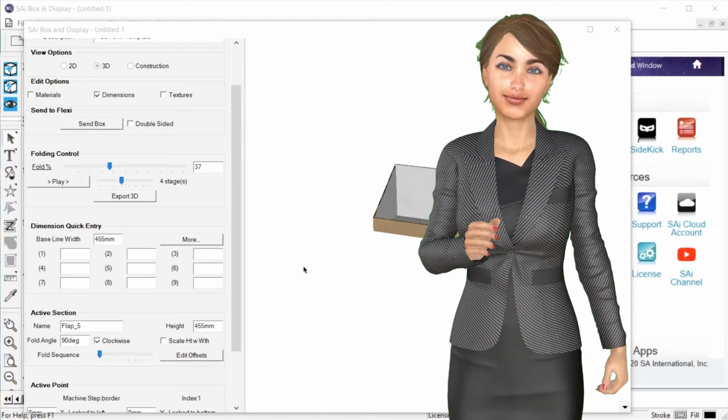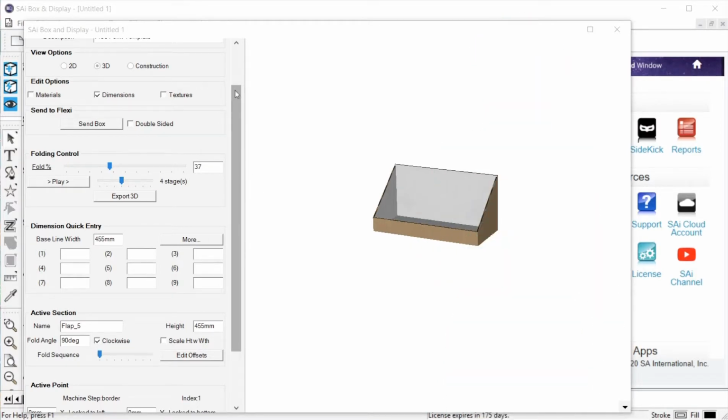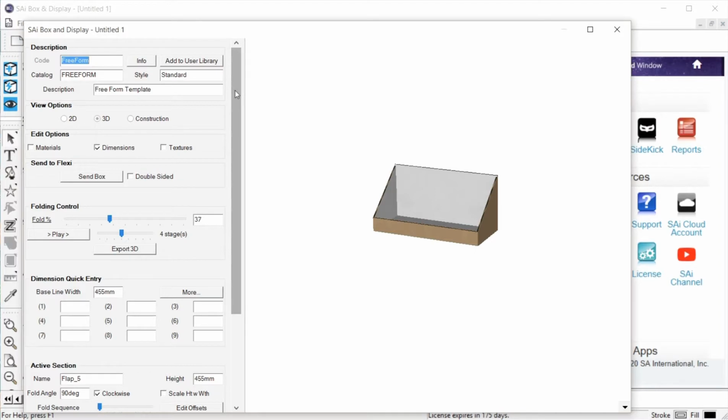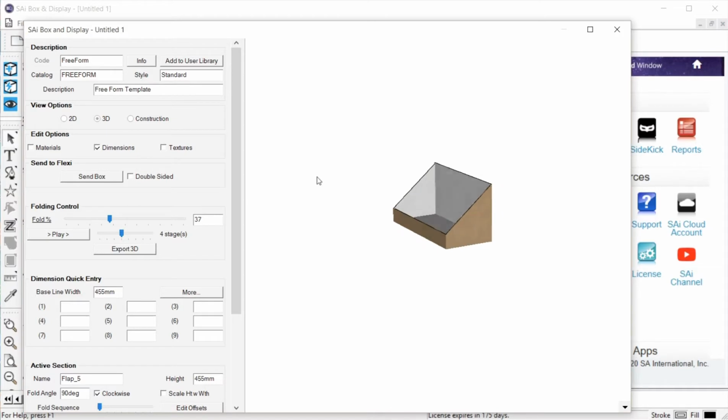Let's get started. Okay, we're going to pick up from our last video, and this is where we left off with this nice little display that we've created. Before I go on though, I think what I want to do is save this display so that I can use it from this point and make changes. Instead of saving it to a drawing, I'm going to add it to my user library. So I'm just going to call this C-top